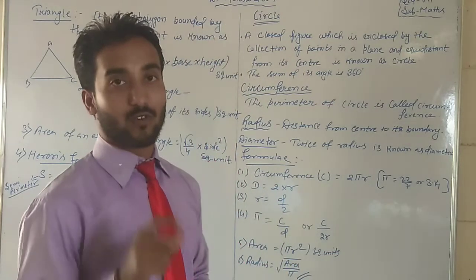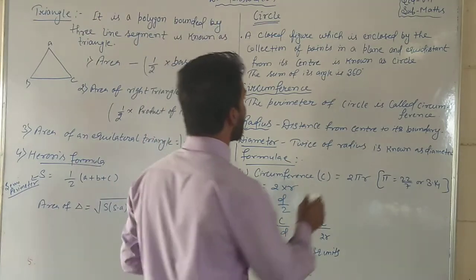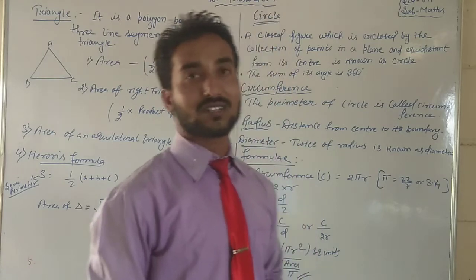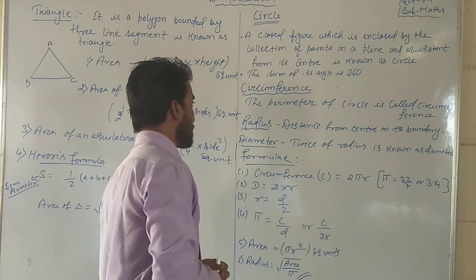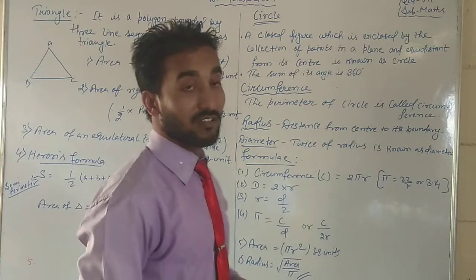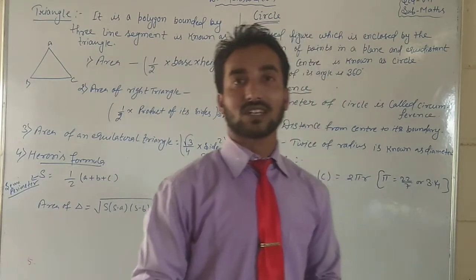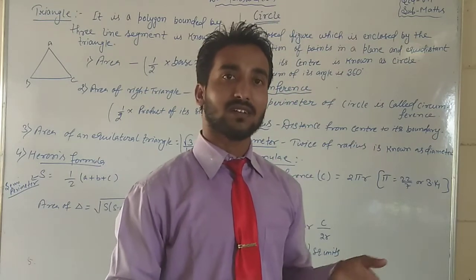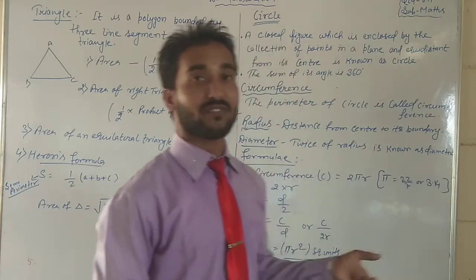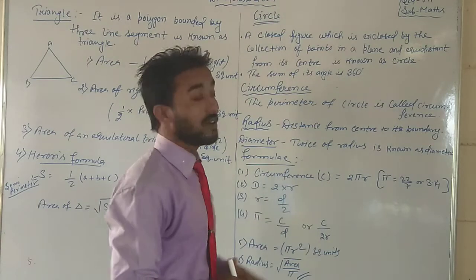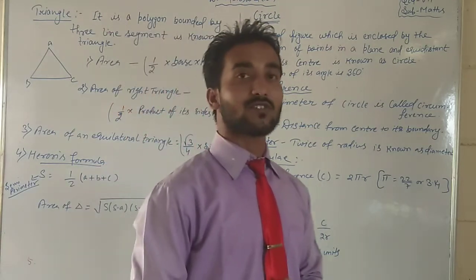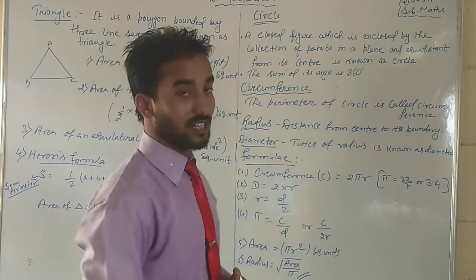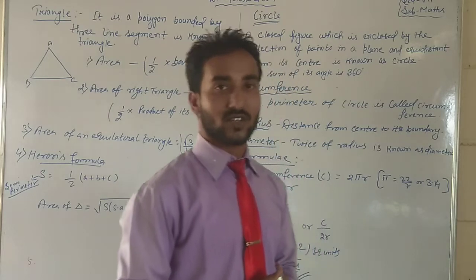If I talk about a point, what is a point? What is a dot? If I talk about a circle as a dot, what is its angle? Exactly, 360 degrees. Now in a circle, if I talk about circumference, what is circumference? Same as the perimeter of a figure. The perimeter of a figure is called circumference, but circumference is used only in the sense of a circle. The perimeter of a circle is called circumference.